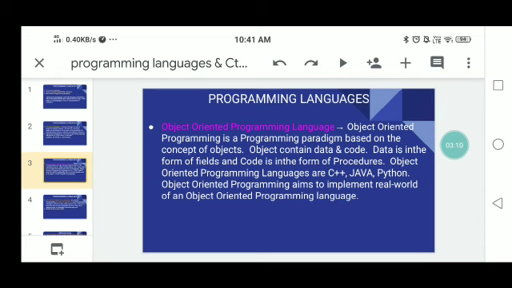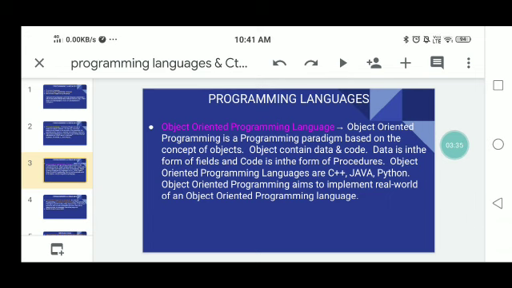An object contains data and code. The data about that object is in the form of fields. For example, take a student. A student has an identity number, college name, course name, and group name. These are the fields about the student, that is, the data about that particular object. The code is in the form of procedures.